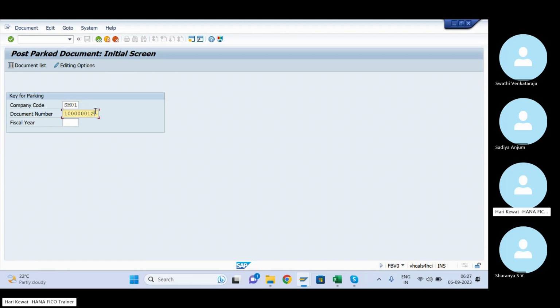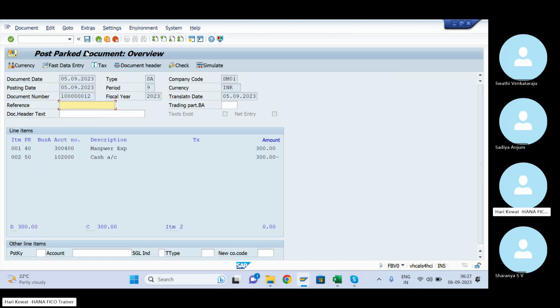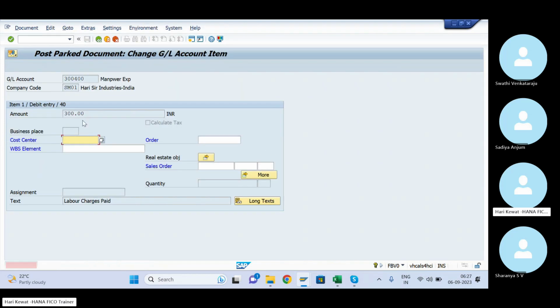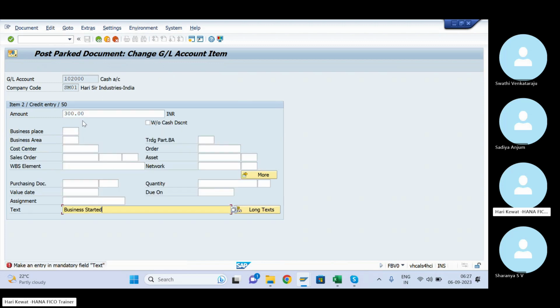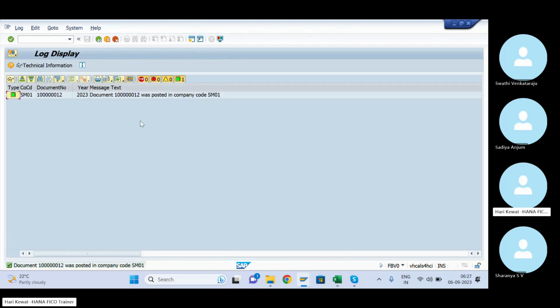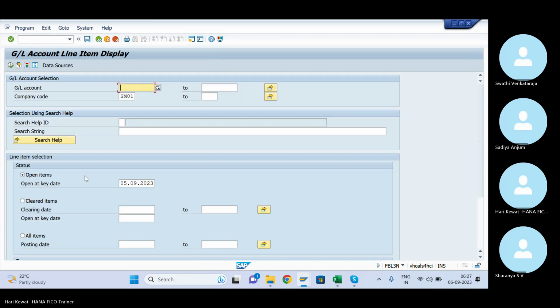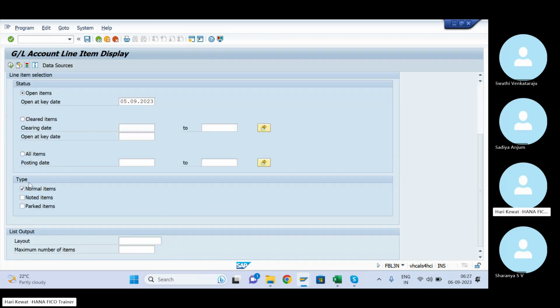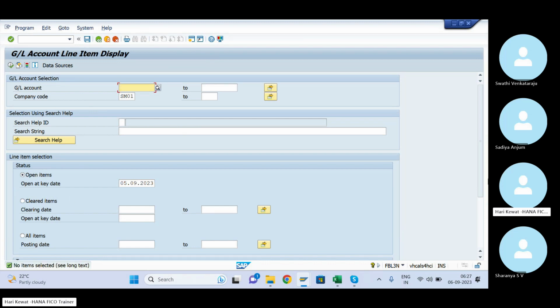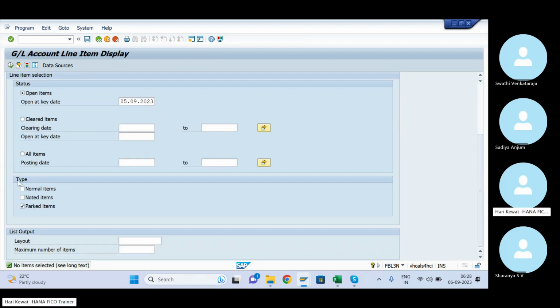Give here document number 12 which you have parked. Post it here also, enter cost center, give, it got posted now. Now run again. First of all, from parking there is no parked document now, all parked documents got posted. See, there is no item selected. So after parking it comes here after posting.